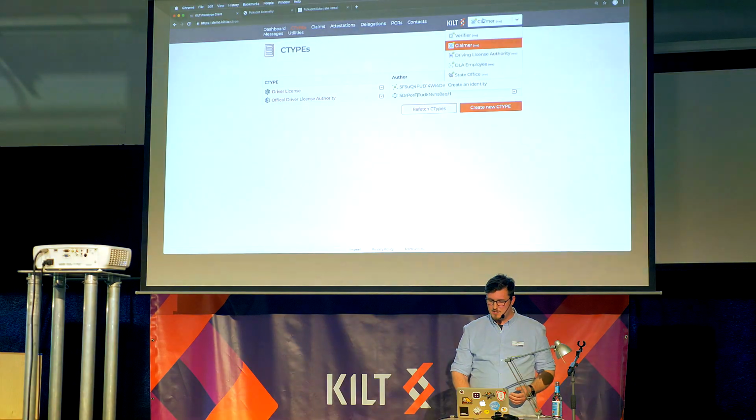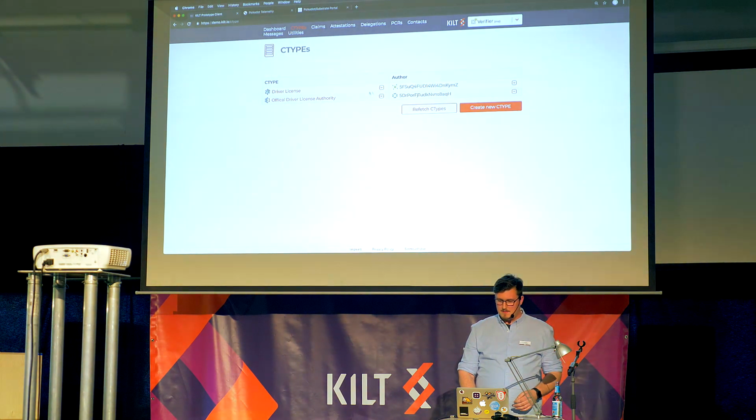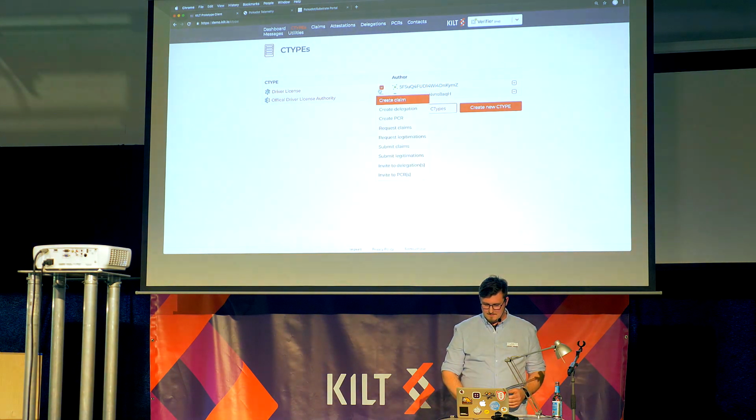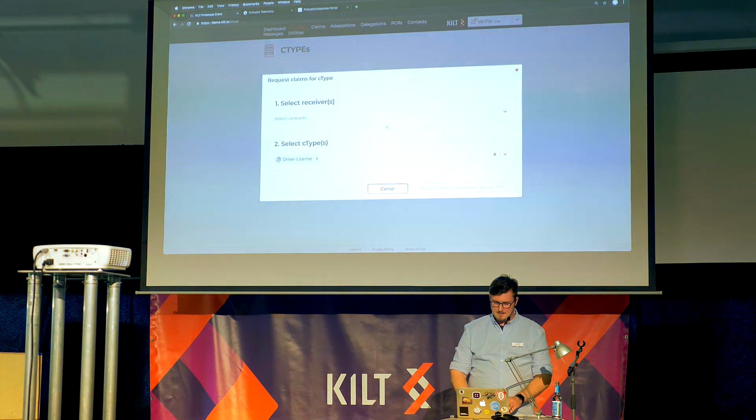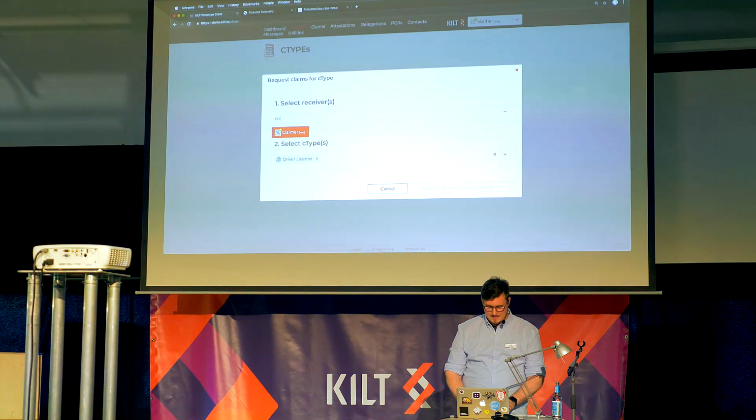Now we want someone to use it. So this use case here would be, there's a verifier which actually wants to see the driver license of the claimer, maybe to let him drive or not. He wants to decide if he can drive or not. So let's switch here on the top to the verifier now. He wants to see the driver license, so he wants to request claims for this driver license. He selects the claimer,